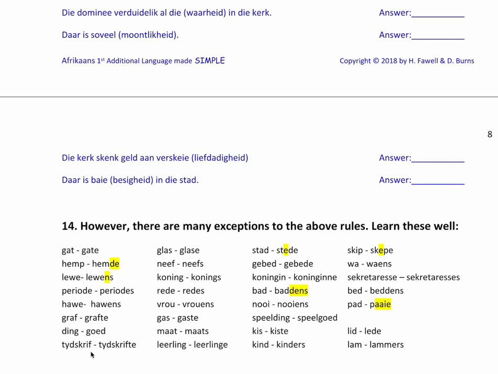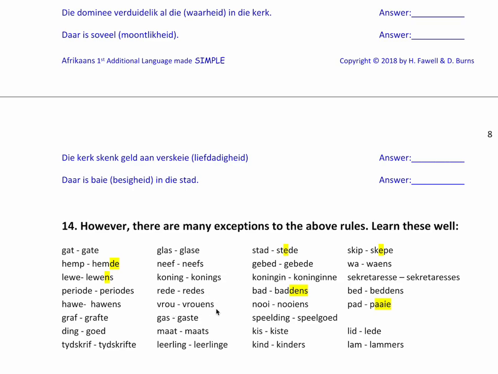And then we have tydskrif, ends with an F, so it gets a TE at the end. Tydskrifte. Glas, remember it's not two A's, it's going to just add an E. But because we say this now, glase. Neef will be neefs. Koning, konings. Rede, redes.